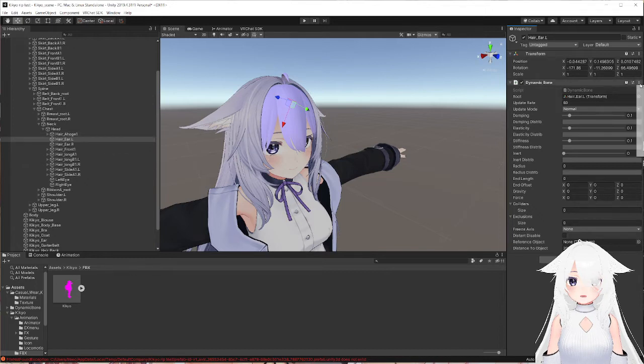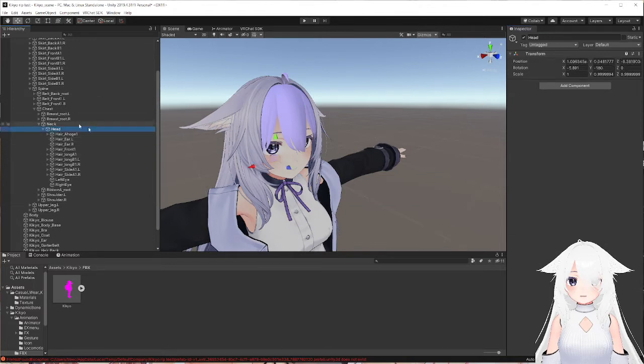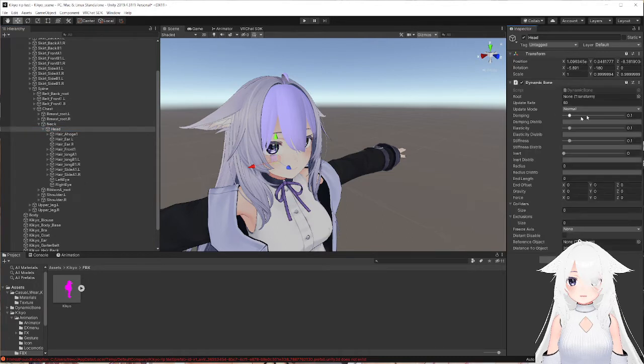Otherwise, if you don't want to do each individual bone, you could do it the lazy way by going to the one higher up in the object hierarchy, or the one bone higher up. You can hit Add Component, do the same thing. Make sure the root is dragged in. We're just going to add an exclusion to that, just so it doesn't move itself. Because if we're doing the head bone, we don't want the head to be all floopy. If we notice, there's also things in this hierarchy we don't want to have being all floopy as well, like our eyes. So I'm going to add 2 more exceptions to that, or exclusions, and I'm just going to drag